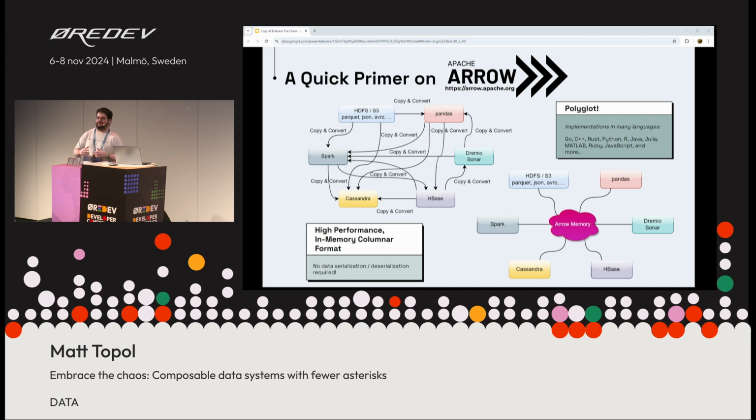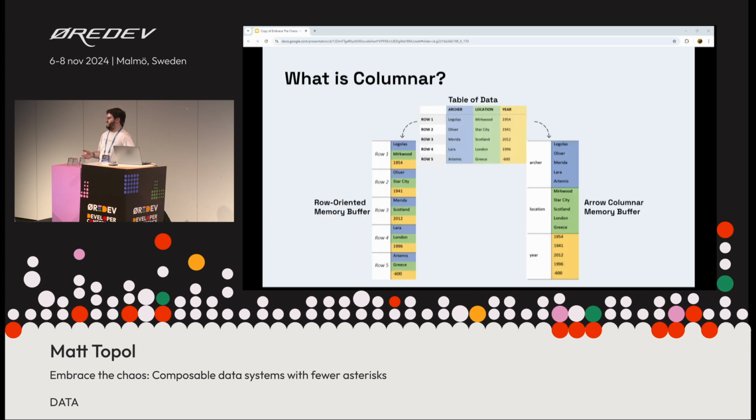It's very friendly to SIMD, and highly efficient, and it's used extensively in a lot of different engines already. Now, if you're not familiar with what I mean by column-oriented or columnar, it's pretty simple. It's just a matter of the way you actually lay out the data in memory for a table. You know, struct of arrays versus array of structs. It's a very straightforward, simple idea.